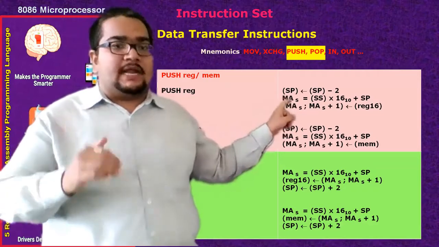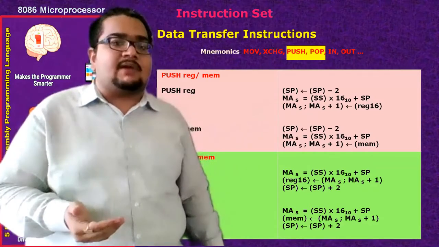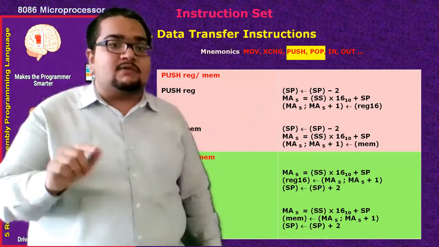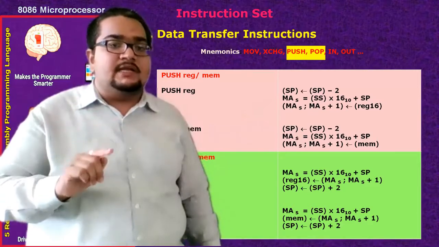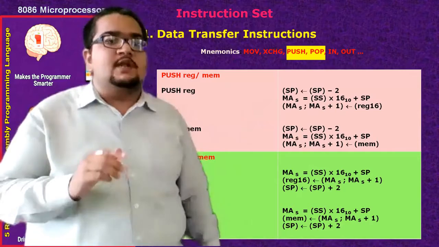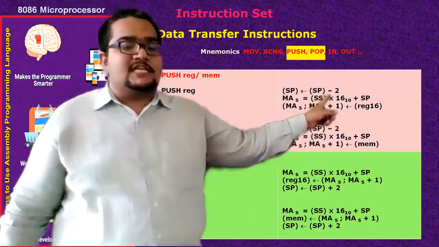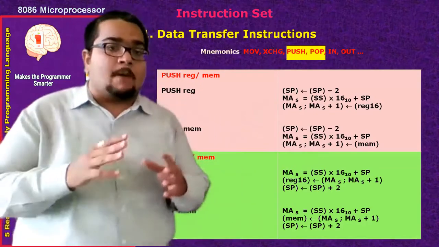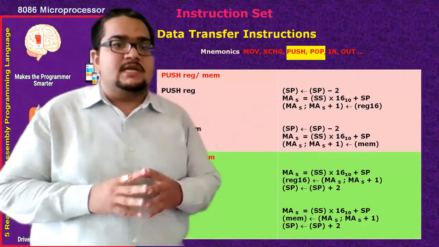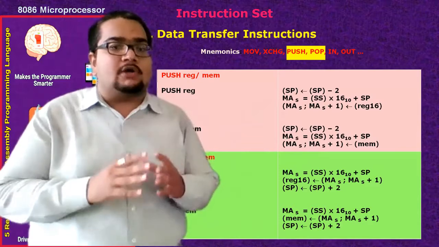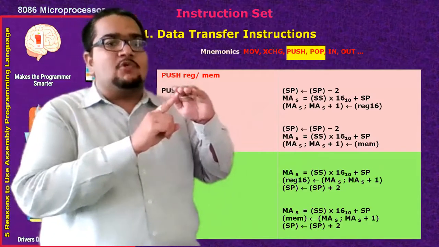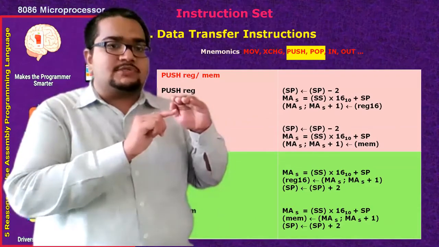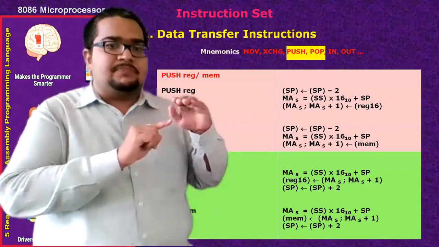It has to point to 8 so that next time when I write push, it does not overwrite what is already in locations 10 and 9. It has to point to a new location. So for pointing to a new location, SP is decrementing by 2. And the stack in 8086 is top-down, as I also said earlier. The stack of 8086 is top-down. So it will have the topmost address first, it will save the content at the topmost address, and then decrement itself.